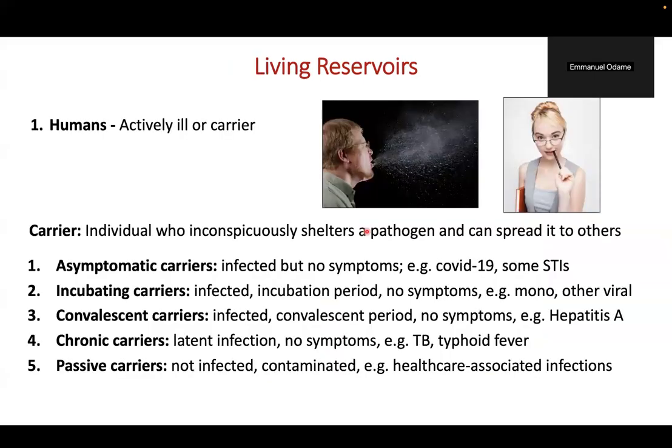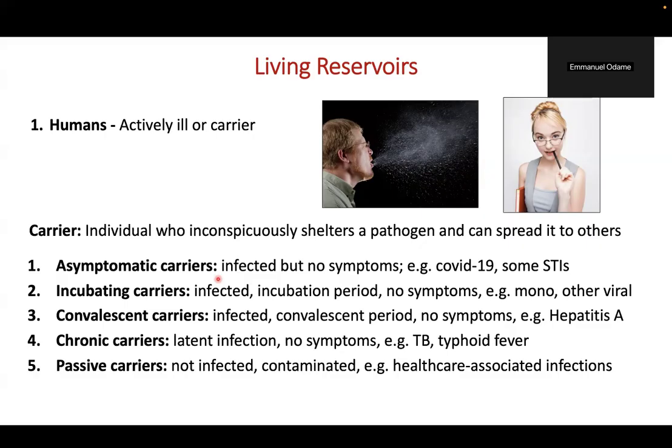Now let's talk about the living reservoir. The most common one is humans, as I pointed out earlier, basically someone who is sick and is a carrier and is just transmitting it. And then there are types of carriers falling under humans. We can have asymptomatic carriers. Basically, they are infected, but they do not have symptoms. One example is COVID-19. Someone might have it and you don't know, or someone might have an STI and you won't see it until